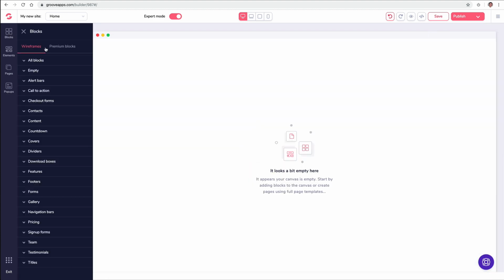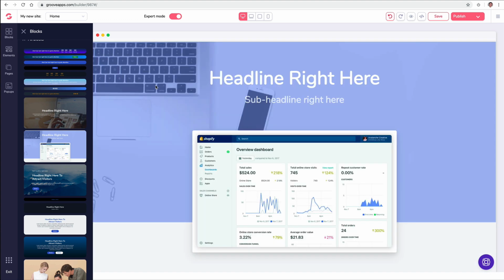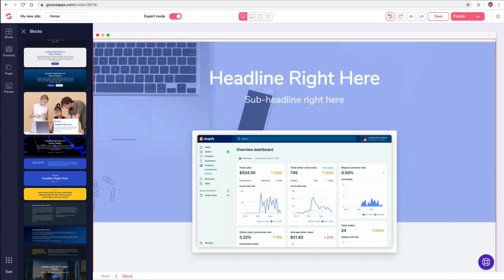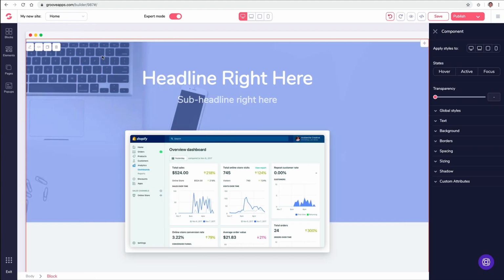And the premium design blocks are actual designer blocks. These are blocks that when you pull them over, they actually have images and designs, so you can pick from different things and just pull them over and build a website that way. So the choice is up to you, or you could mix and match. I'm going to delete this in just a minute, but basically I want to talk to you about our design